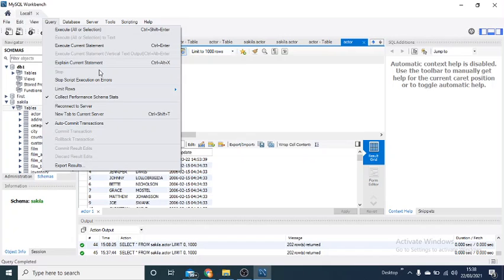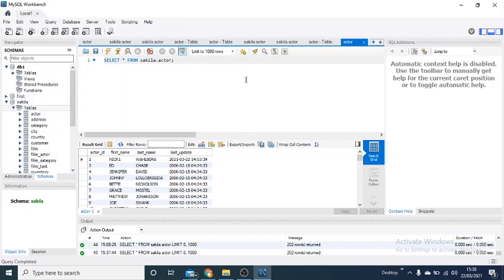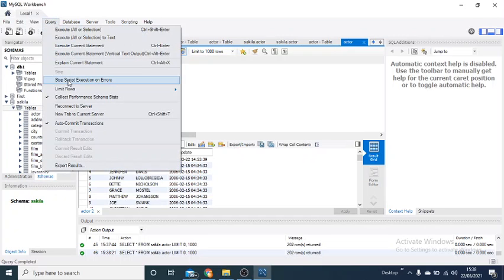Okay, then many a time it may happen that you are running a query, like the first query I am running is select star from schema name and table name. How to run it? You just have to press Control and Enter. The moment you press Control and Enter, the result will be shown to you. Now many a time you may accidentally run a query that is going to run for a very long time, and you want to stop it in between. If you want to stop a running query, you can utilize this option, stop.